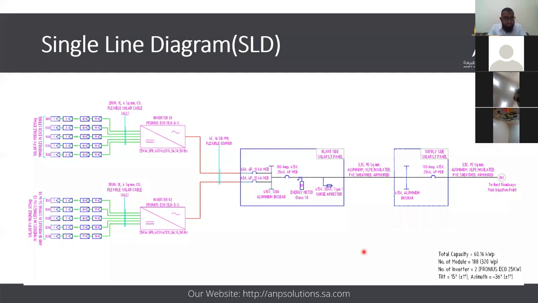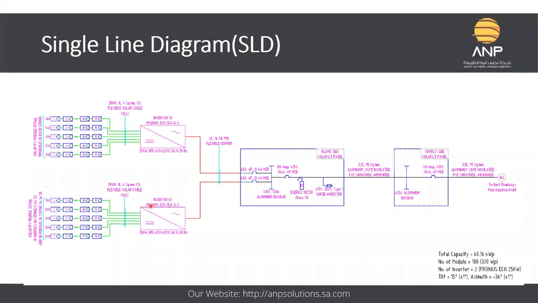On your screen, this is the single line diagram of one of our projects. In the case of a solar power plant, the single line diagram shows the flow of power from DC to the injection point. We generate power by means of solar PV modules, then convert it into AC, and then inject that power. We combine the power of the various inverters at the injection point, at the customer's main LT panel.